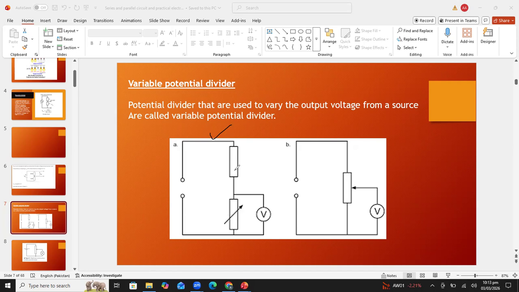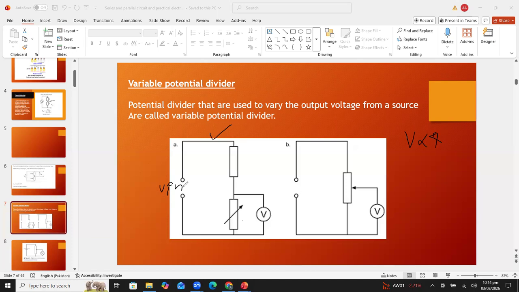All right. So now there is a fixed resistor which is connected in series. And this must be the input voltage. So we can vary the output voltage by changing the resistance. So how is it possible? Now, let me tell you one thing, students, that voltage and resistance are directly proportional to each other.